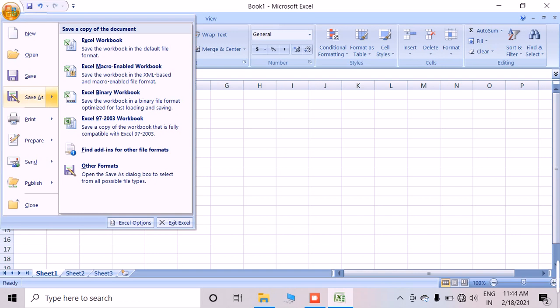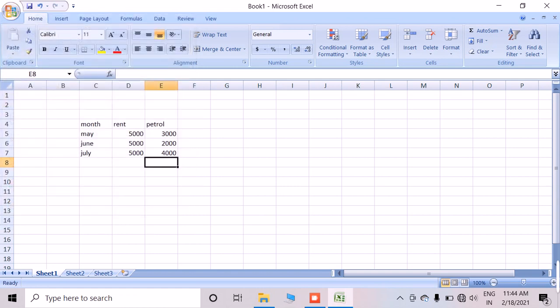We also have a Save As option. If you need to create it in other formats, we have an option to change it. For the lower version, 97 to 2003, we also have an option of saving that. If you click there, it will change it to a 2003 workbook. We have many options. The Excel workbook can be created as a binary workbook, and macro enabled also. So these are the options we saw in Save As, and now how we need to open the existing one.